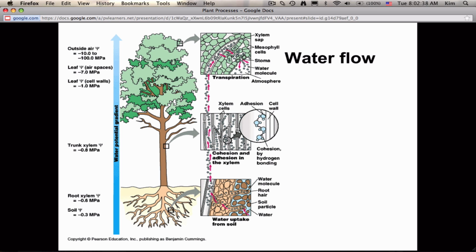And with water flow, the plant is pulling the water up through the roots. And in order to do that, it has to have a pressure gradient. It has to have a pressure difference that will pull that water up through the plant. And you may have seen something like this before. If you take a straw, say you take a straw from McDonald's and you put it in a cup of